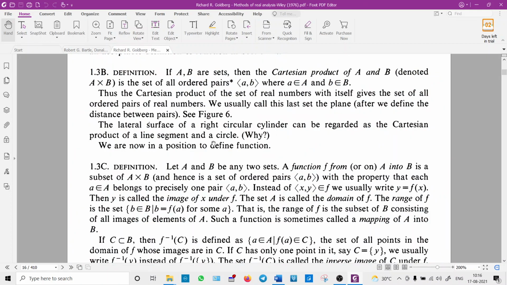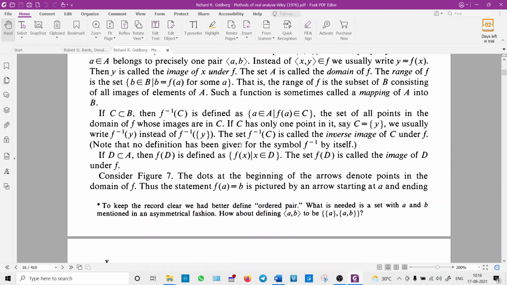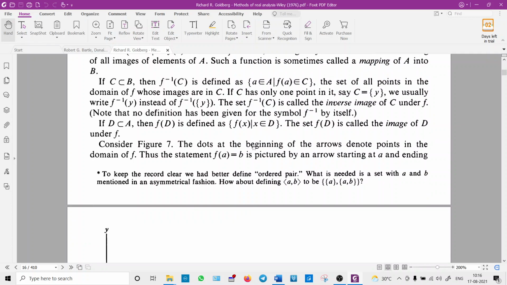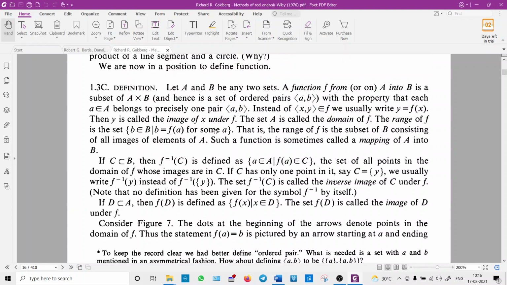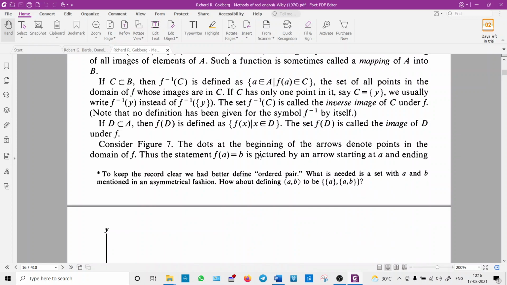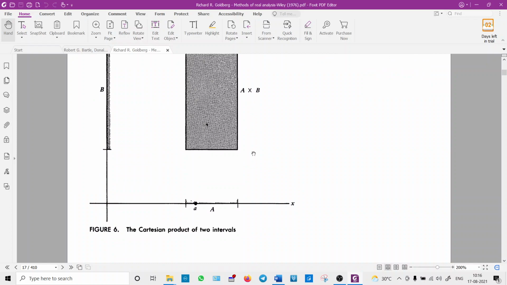You see the Richard Goldberg book, see this is what is explained. What is a mapping? You have to read everything. You have to get good knowledge of what is the inverse image, what is a range, what is an image. So they have given some definitions. I have given an example and I explained. Okay, here this also you can explain.